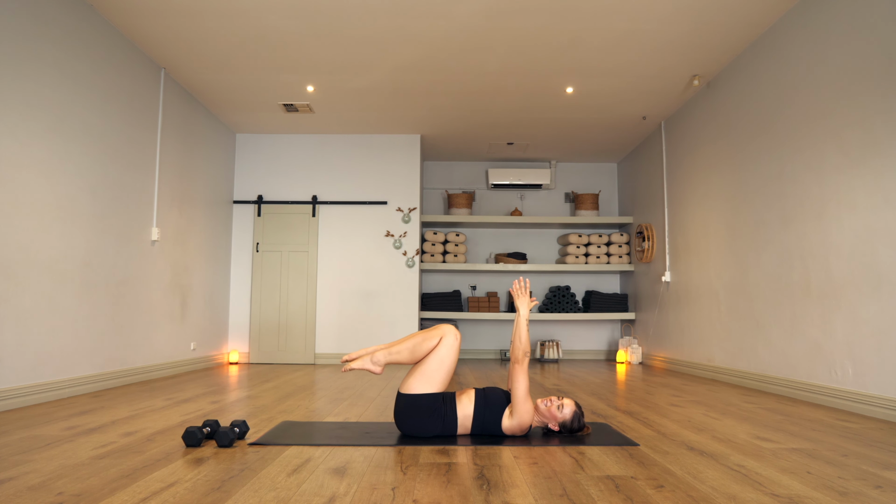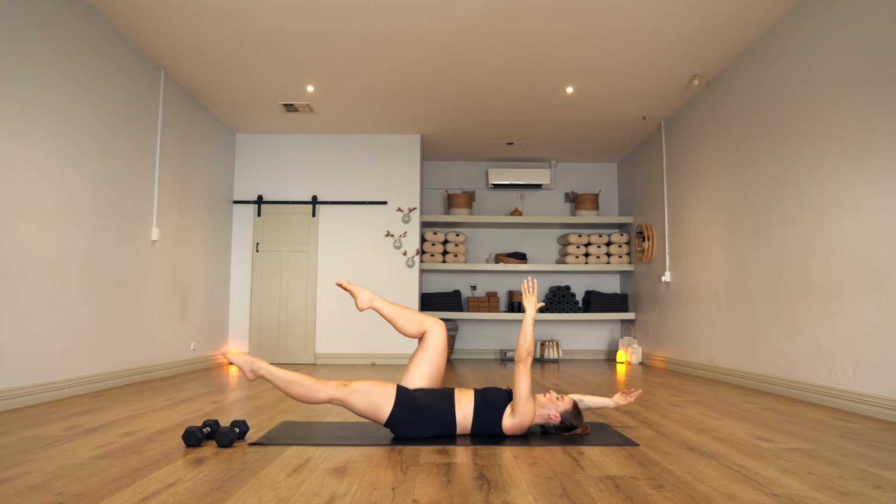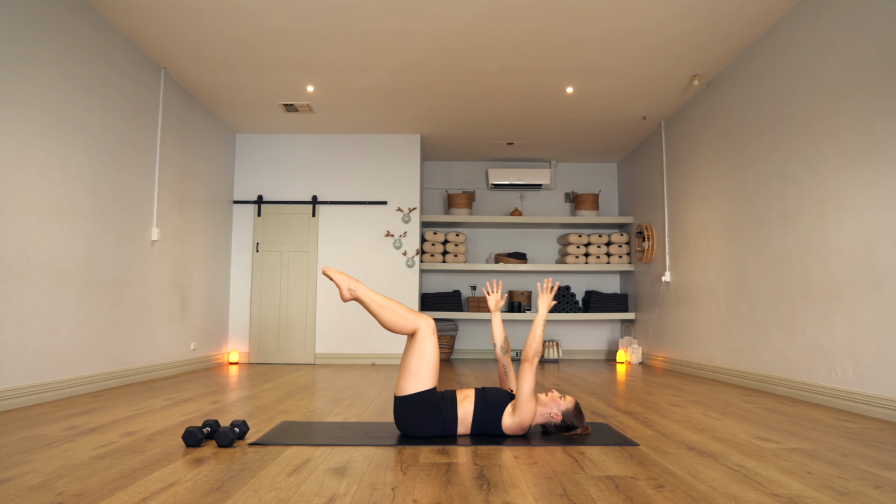Bring it in. Let's do it again. So remember, we extend opposite arm and leg out, squeeze it back. Squeeze it back. Good. 5,